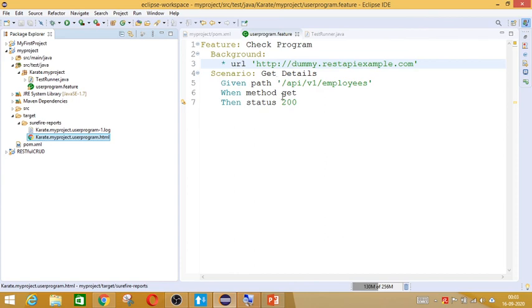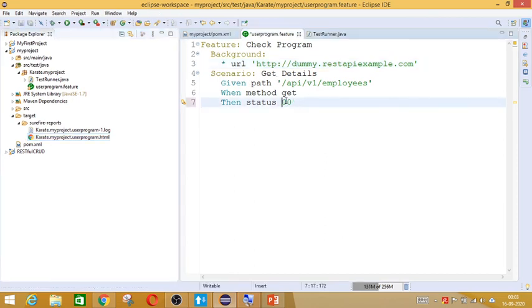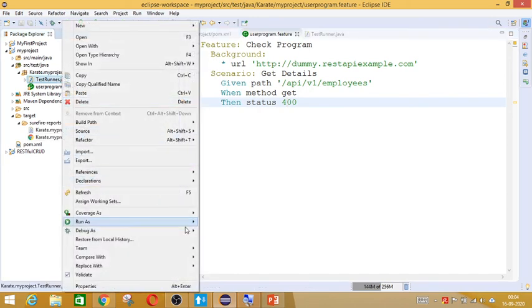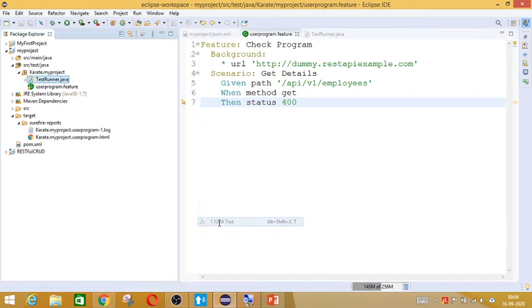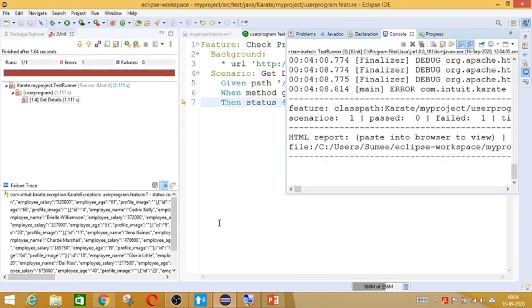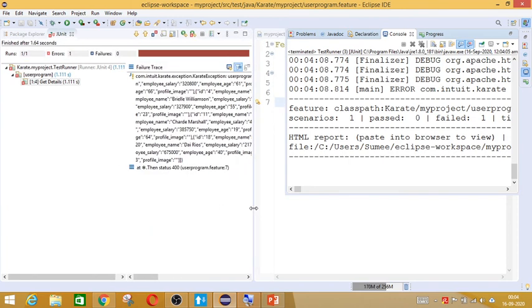Suppose instead of 200 you had given 400, which means you are asking it to validate against 400. Now let us see what will happen when you run this. Basically it will compare 200 with 400 and it has given an error because the status is different.